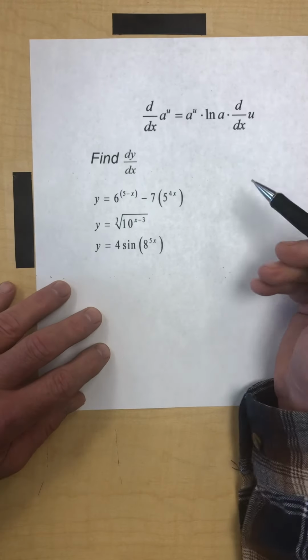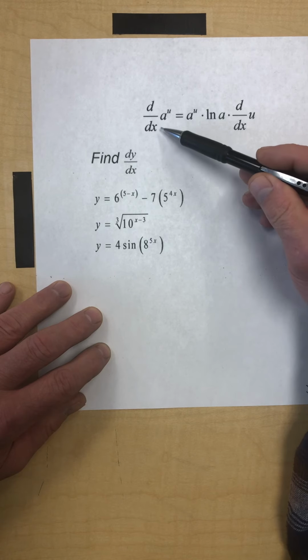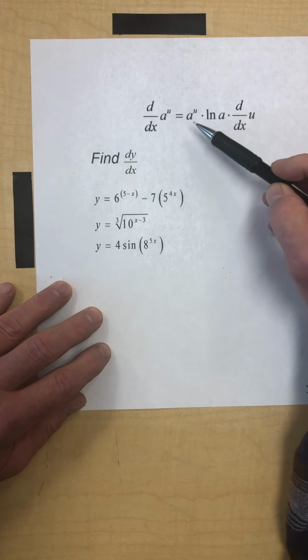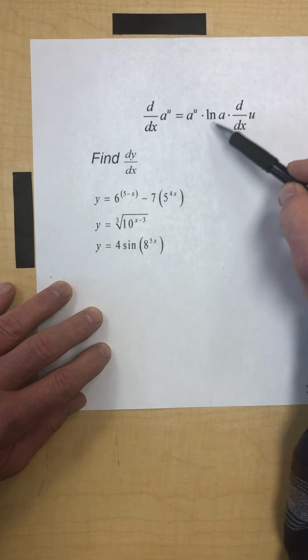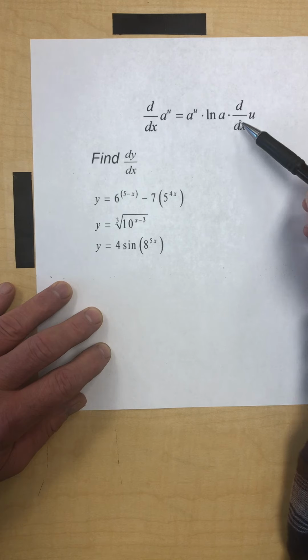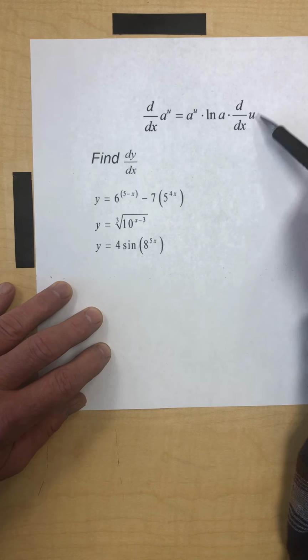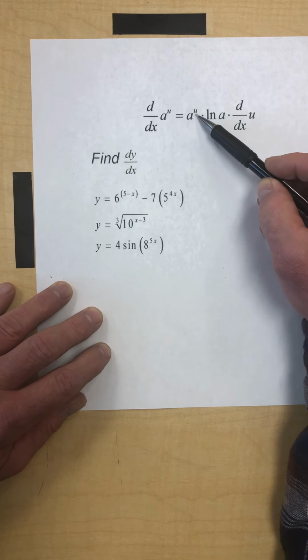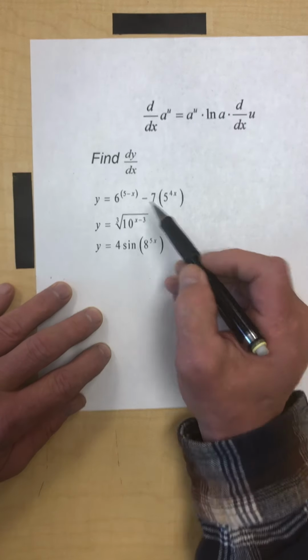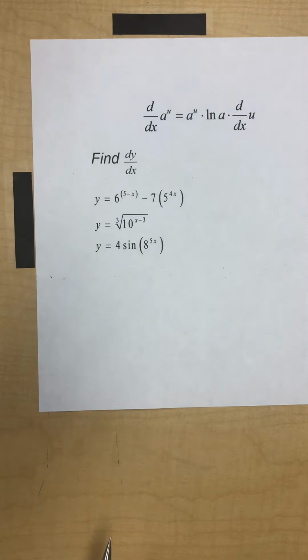So just remember up here, our general rule: if we're taking a derivative of an exponential, it's going to be that exponential times the natural log of the base. Remember, the base is a constant, times the derivative of the exponent. And remember, the exponent obviously is some sort of expression involving x. So starting with this first one right here,